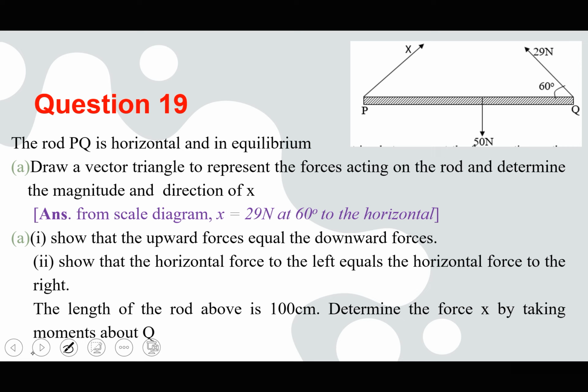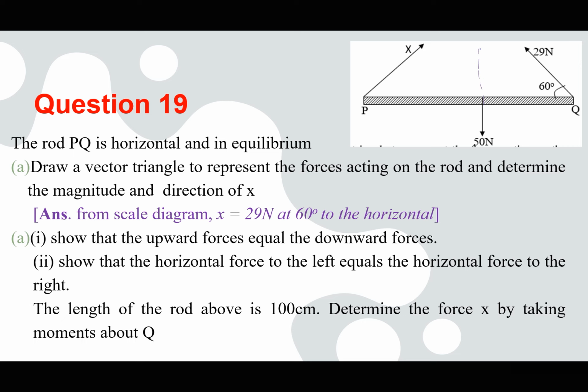The rod PQ is horizontal and in equilibrium. Draw a vector triangle to represent the forces acting on the rod and determine the magnitude and direction of X. I don't have enough space, but I'm going to try and reutilize this space. For a vector triangle, you have to fix one of the vectors and then add the other vectors. So I can fix this vector here, the weight vertically upwards,